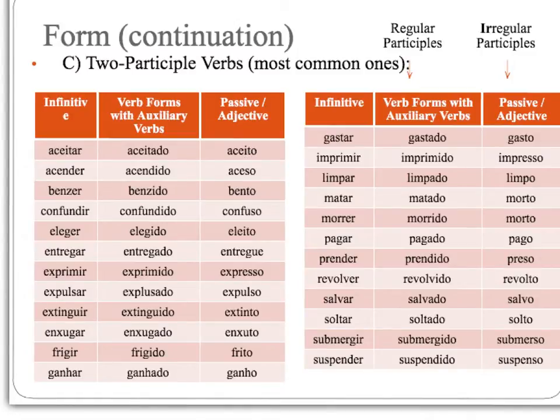and pretty much. Let's get the first example, okay? Aceitar, which means to accept, okay? It has two forms. One is aceitado, and the other one is aceito. Okay? So the difference is you would use the form aceito, which is considered an irregular participle, for things like